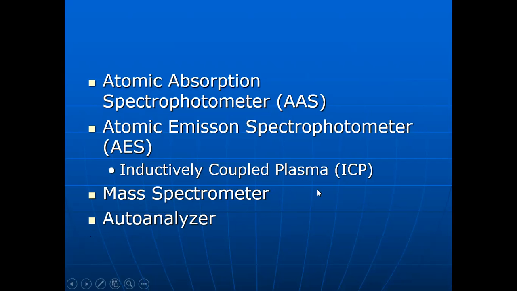Auto analyzers we see only in research laboratories, and mass spectroscopy also only in very pure science settings. In soil science we usually follow the AAS, atomic absorption spectrometer, used for micronutrient analysis. In some universities we can go up to the emission spectrometer, and in very top class universities we can see mass spectroscopy. But auto analyzers you can see only in some research oriented laboratories.